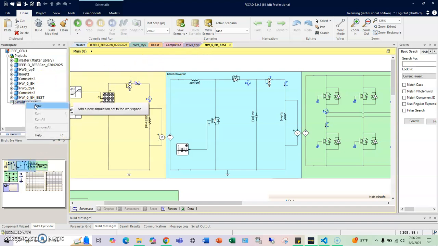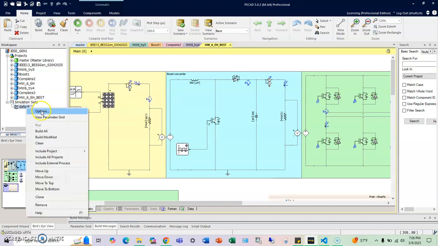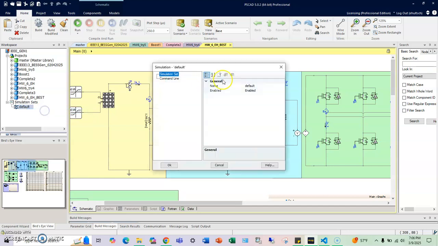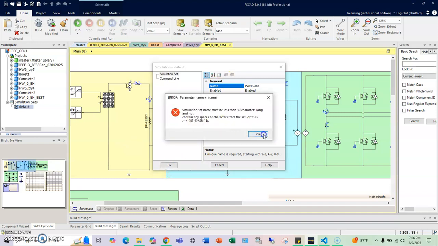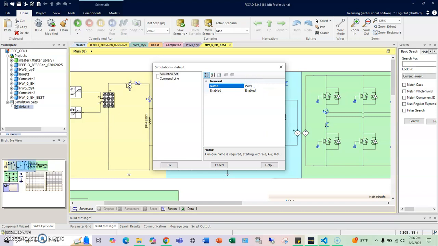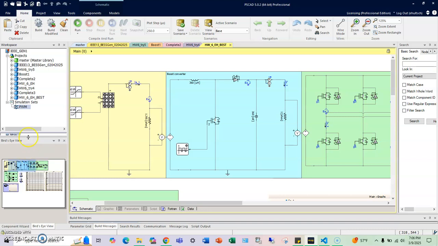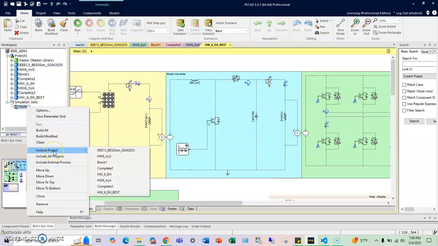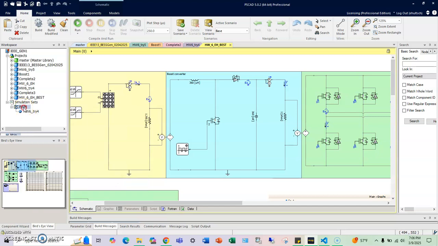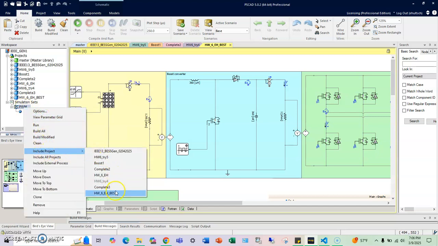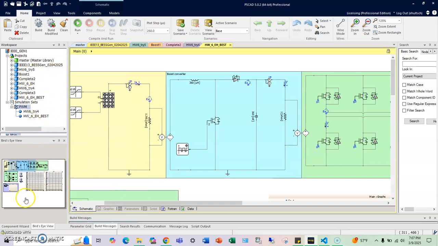So what you first need to do is make a new simulation set. I'm just gonna rename it, perhaps. I'm just gonna call it pulse width case per se. And then what you want to do is to include the projects. You can include any of the projects that you have over there. So in my case, it would be this one and this one. Next thing you want to do in my case is to take advantage of the psout